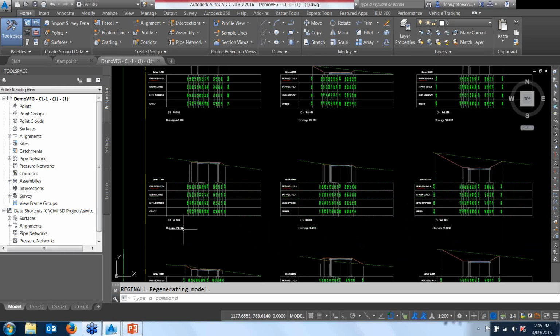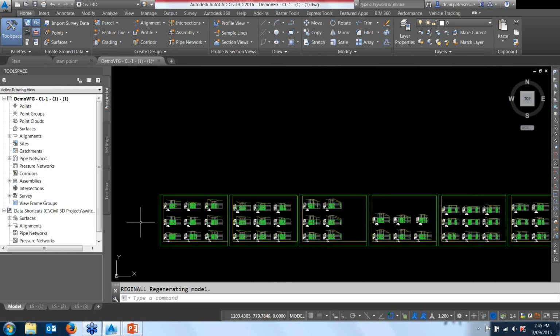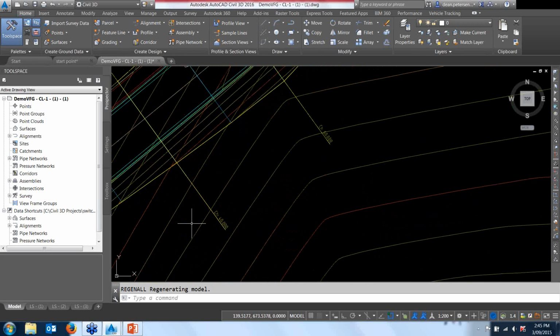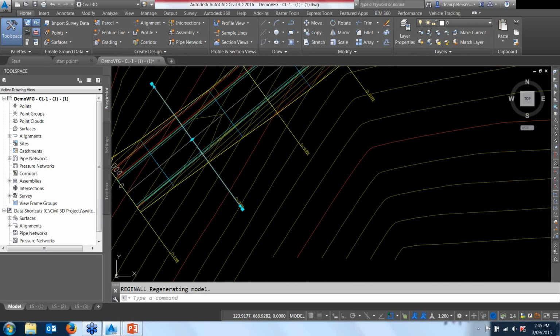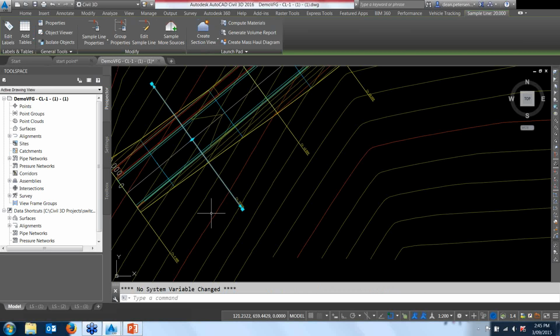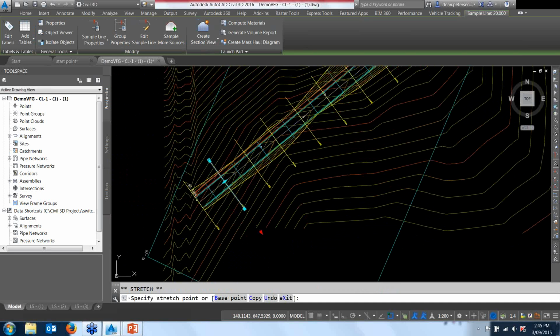As I said, they're all dynamic, so let's look at chainage 20. If I go and make chainage 20 huge, so let me just pick that. Oops, just doing an auto save in the background here, just give it a second. Actually, I probably should do a manual save as well, but I've got the auto save. Let's stretch that out wide. And on the other side, we'll stretch it out wide as well to make